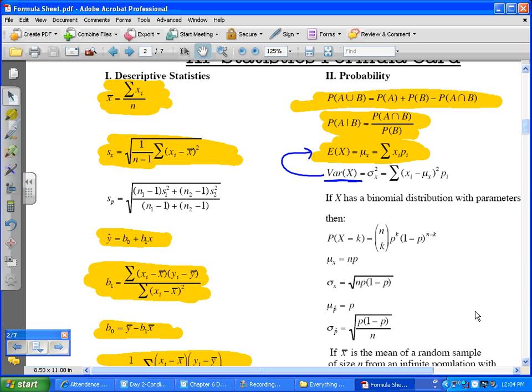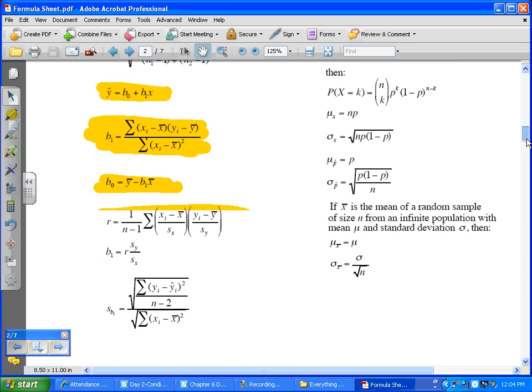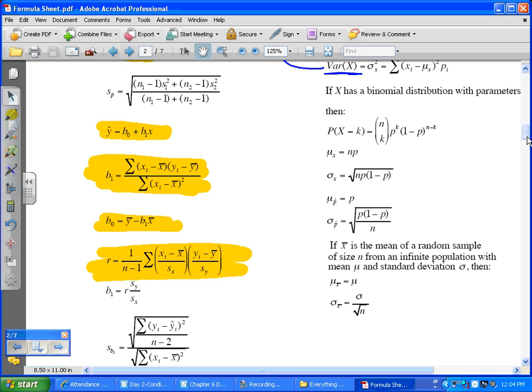So that's it. That's where we've got on probability. These are the probabilities coming up, binomials, and sampling. This is what we'll hit. And then the next page, we'll get into the last 4 chapters of the book. So if you flip your formula sheet over,